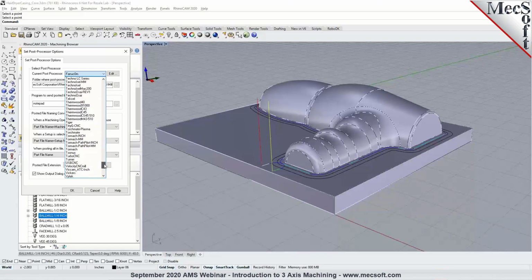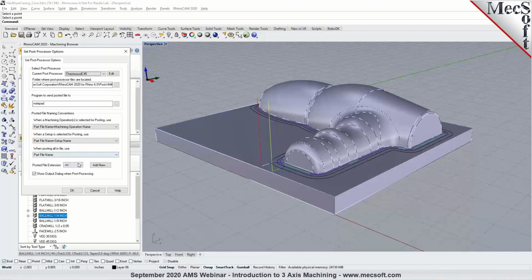So I could go down the list here to select the Thermwood post. We have various different posts for Thermwood 40, 91,000 series, C43, C45. So I can choose the post that's most appropriate. I'm just going to pick the C45 in here, for example. We can also set the posted file extension. It could be